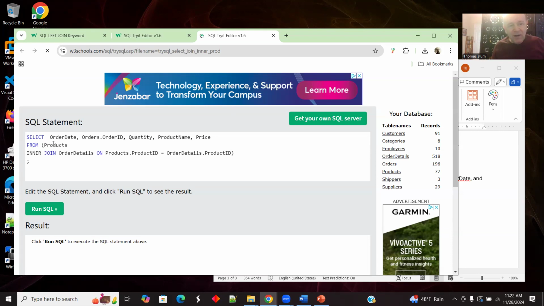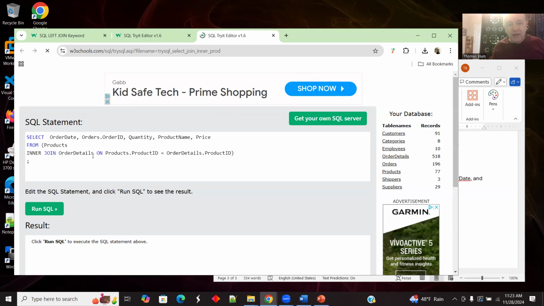It was a table, inner join, another table, and an ON. So now this whole parentheses is serving like a table. So now I'm ready for inner join, and I'm joining to my other table, which is orders, on order details dot order ID